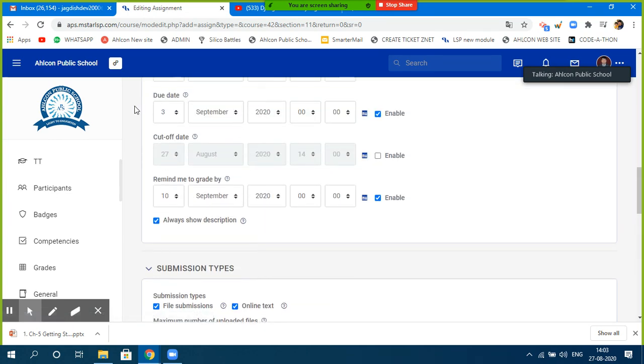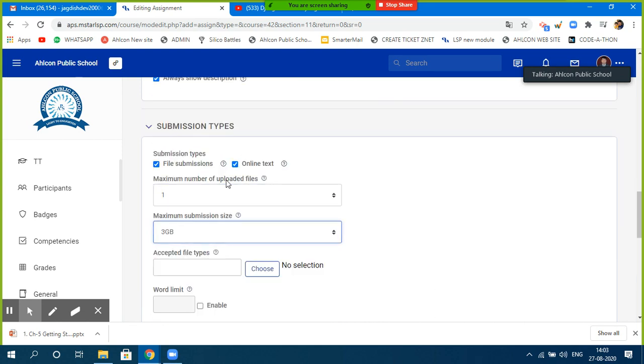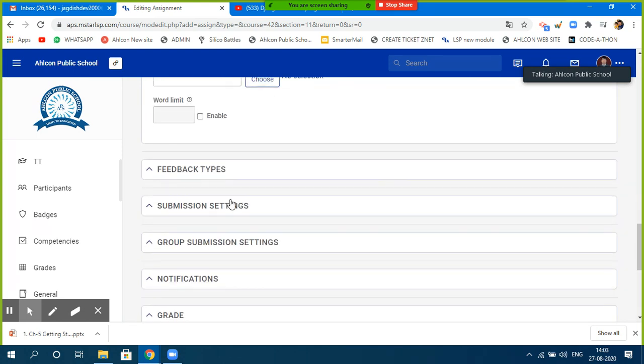You can also take care of how many days you want to give the student to submit, like the duration for that. And this one has to be checked, online text. After that,